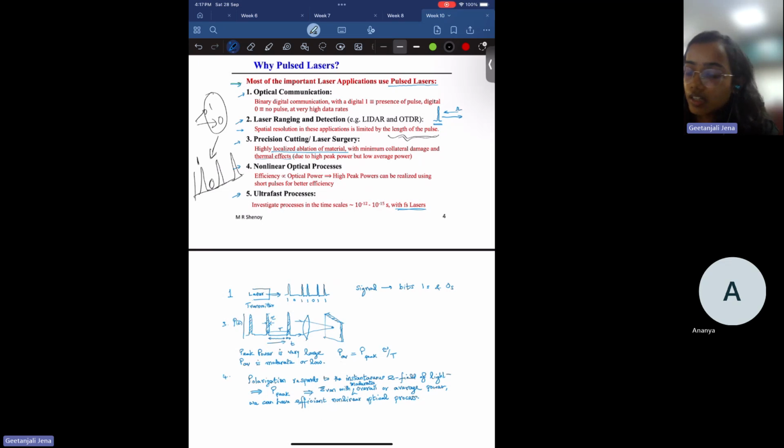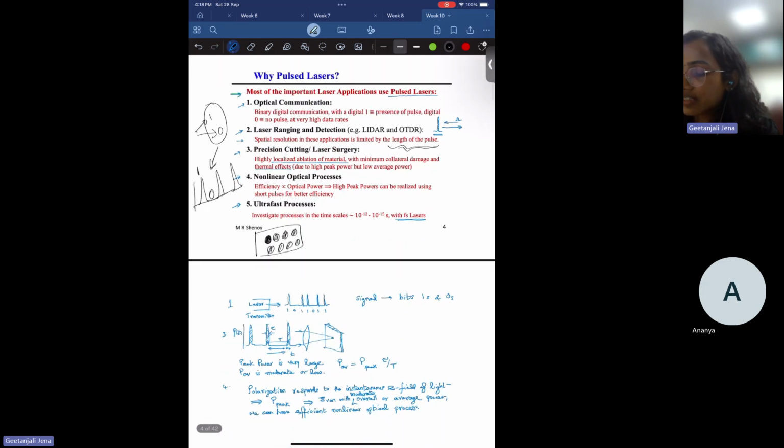Where we incident the laser light on a material, due to the high energy of this laser, let's say you are incidenting the laser spot here, then up to this region the material will be removed from the surface. So depending on the pattern, you can shape a material, or use it to design a nanostructure also. So we use laser for precision cutting, and non-linear optical processes where the efficiency is directly proportional